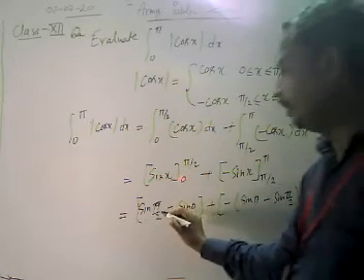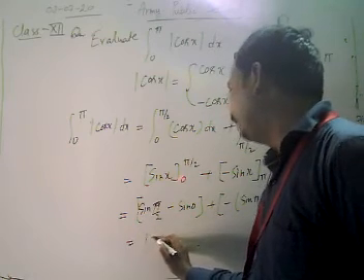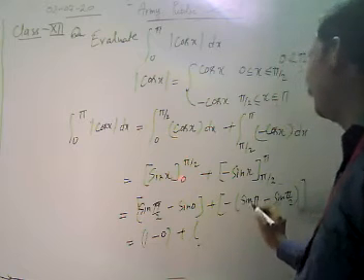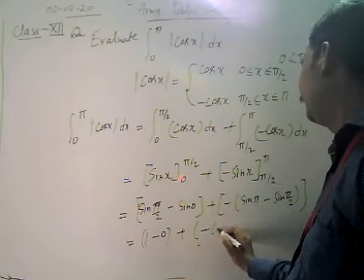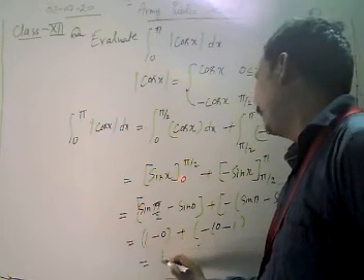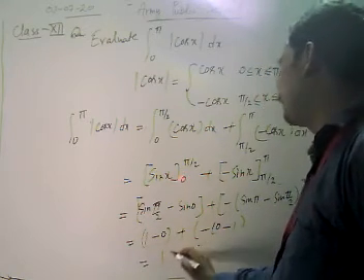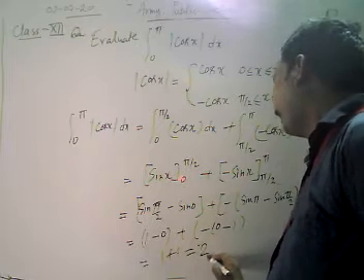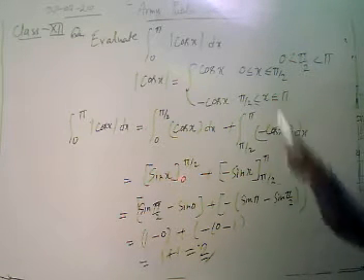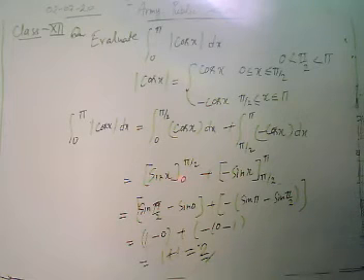Now the value of sin 90 is 1, and sin 0 is 0. It is 1 minus 0, plus, sin pi is 0, minus 0 and minus 1. What do we see there? We get the value 1 minus 0, 1, minus minus, plus 1. Again we see that the value of the integral from 0 to pi of mod of cos x dx is 1 plus 1, which is 2.